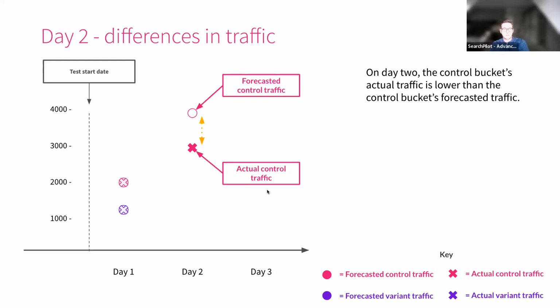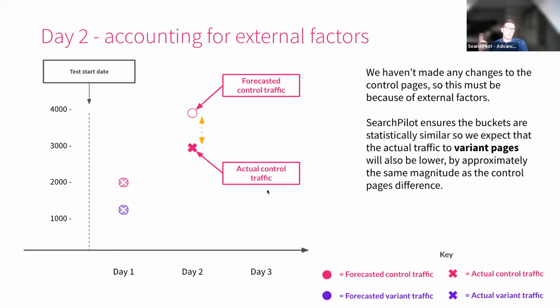But what we can use this for is to recalibrate the forecast for the variant pages. Because as I said, when we do the bucketing, we make two buckets that are statistically similar to each other. And so what we're saying is, if bucket A has gone down in traffic, this other bucket, which is statistically similar to this one, probably is also going to go down because they're similar to each other. And so rather than just blindly carry on with